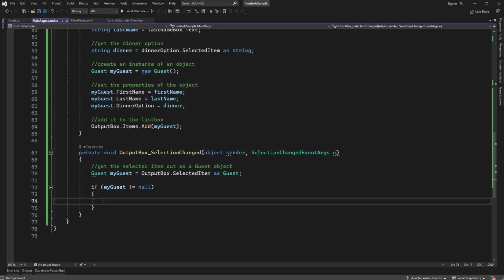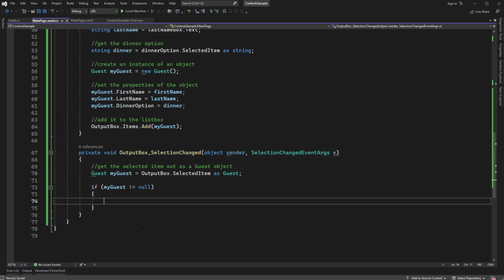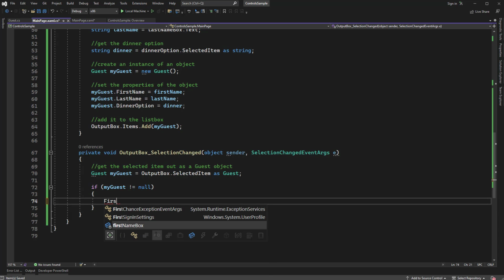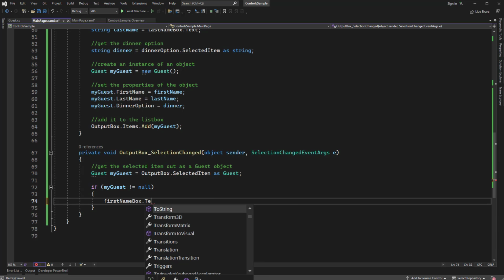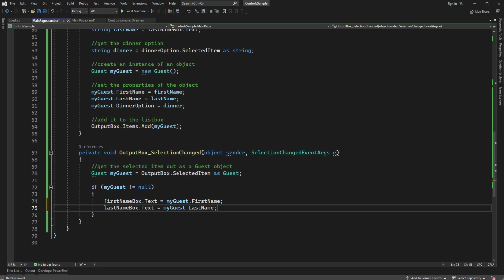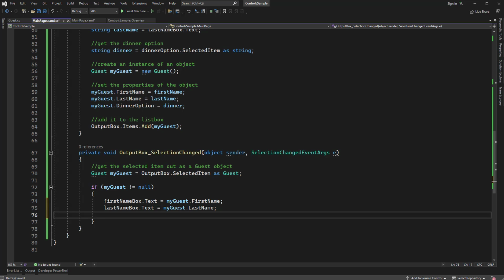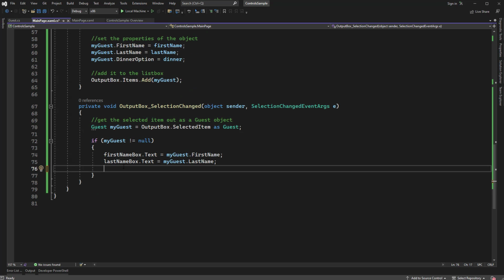Now we're going to do the opposite of what we did up here, where we set the properties from what was in those boxes. So I'm going to say the first name box dot text needs to equal what's in my guest first name, and same thing with last name. And so the trickier part becomes setting the combo box. But if you've set this up right, we can just do dinner option, selected item, my guest dinner option, because